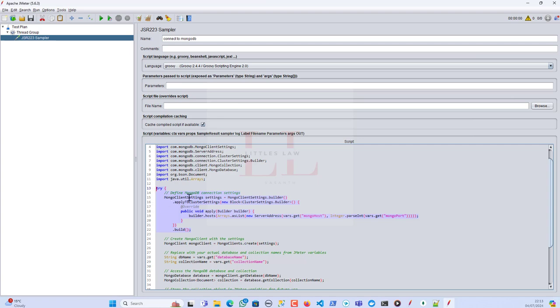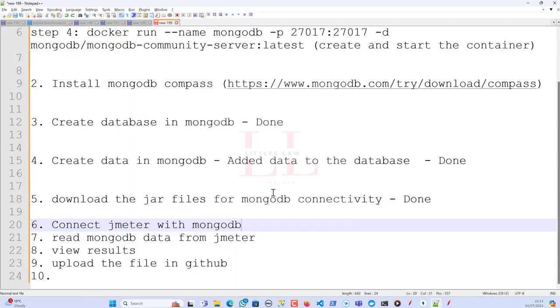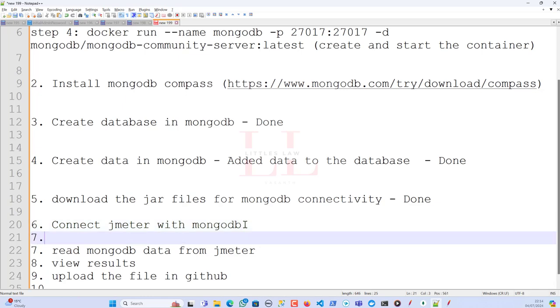So MongoDB connection settings, this is again a basic Groovy script. And I'm setting the builder here, and then I'm applying the cluster settings to the new builder, and then I'm overriding my connections with the new connections, which is with the Mongo host and then the Mongo port. Yeah. So one more thing which I have missed, which is connect. Okay, I will add this before this part, which is